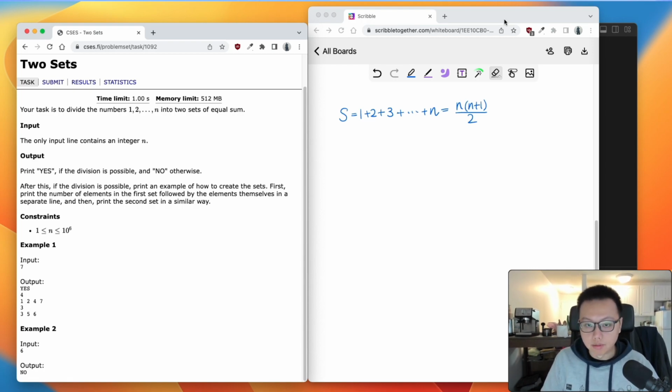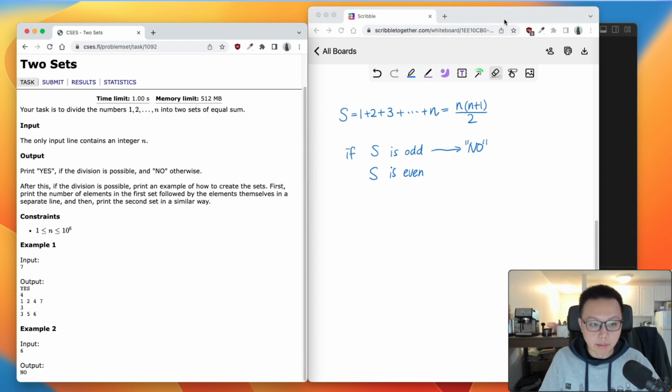And this sum, if it is an odd number, then there should be no way to divide the set into two equal sums, right? So the first case is if s is an odd number, then the answer should be no. Otherwise, if s is an even number,